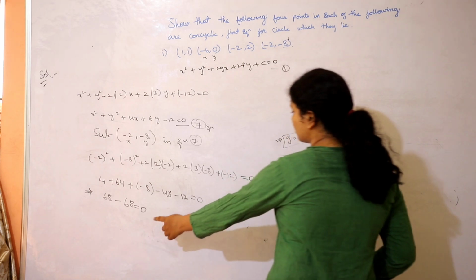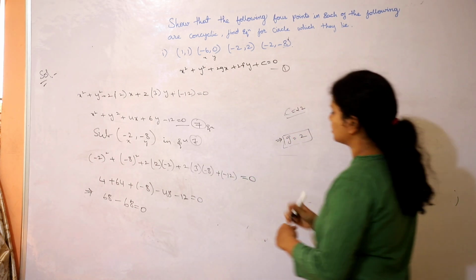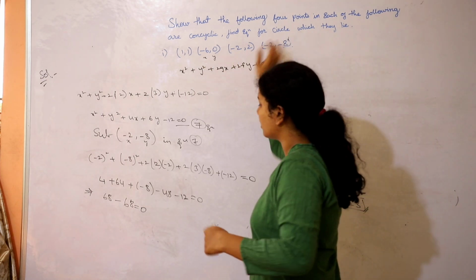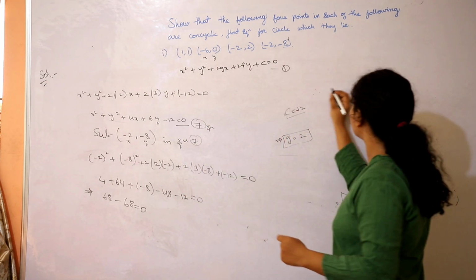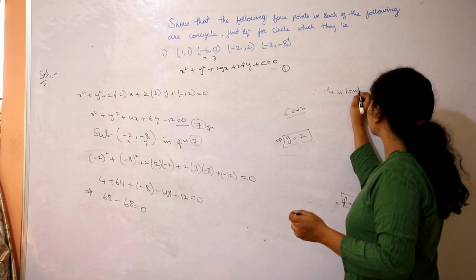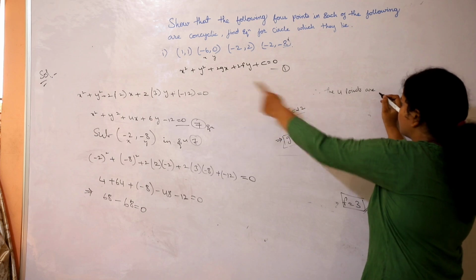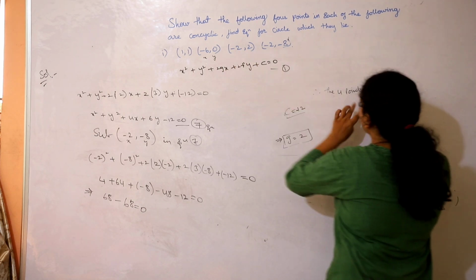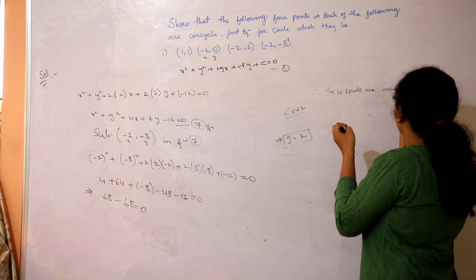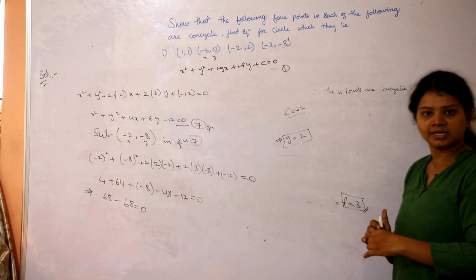We got a 0 value over here where c equals to minus 12 according to this given question. Now here we got plus 68 minus 68, which is nothing but 0. So therefore I can say that the 4 points are concyclic. You can just write the given 4 points, or else you just write down these 4 points over here, like 1 comma 1, minus 6 comma 0. All 4 points are found concyclic. So this is what you can prove at last. Clear? Hope you got it. Thank you.